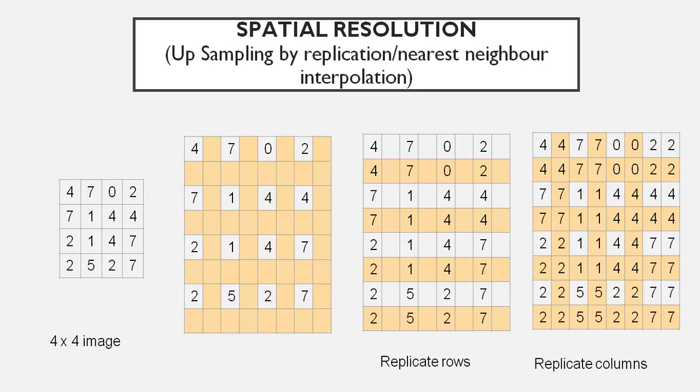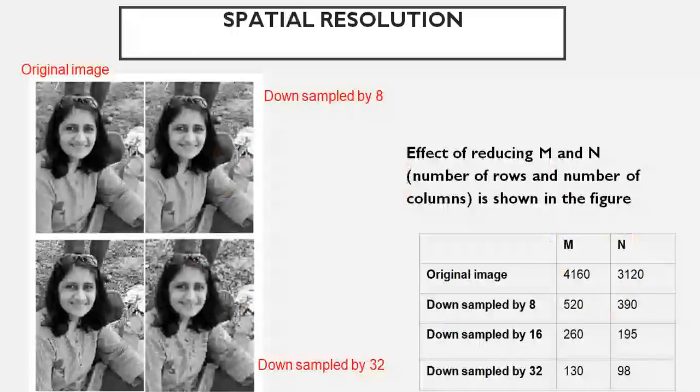So this is spatial resolution. And this is the example of spatial resolution with the actual image here. So here, this is the original image. The next one is downsampled by 8, but if you see, the human eye is not perceptive to this much change in the details of the image. The image downsampled by 8 can still be perceived as the original image. We cannot see much difference between the original and the downsampled image.